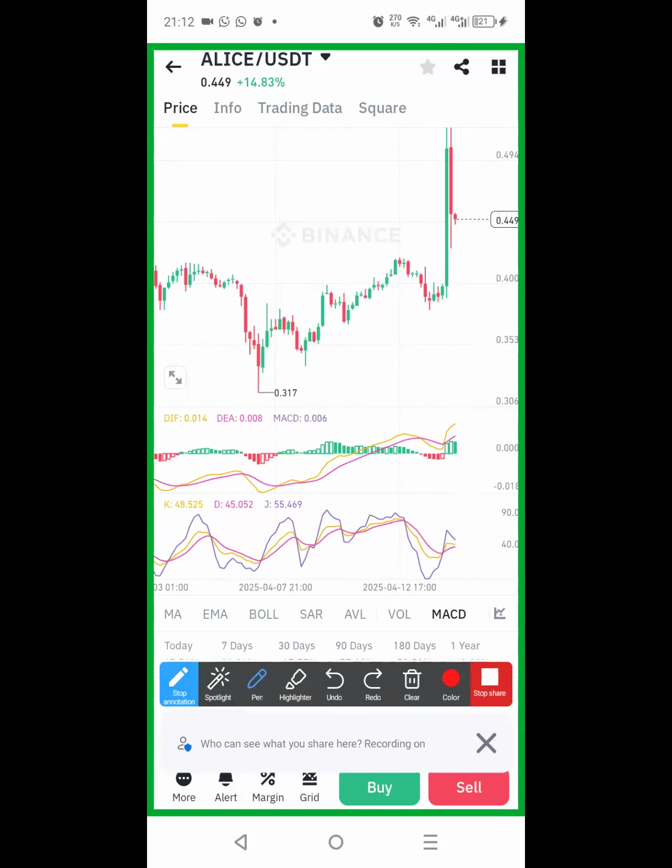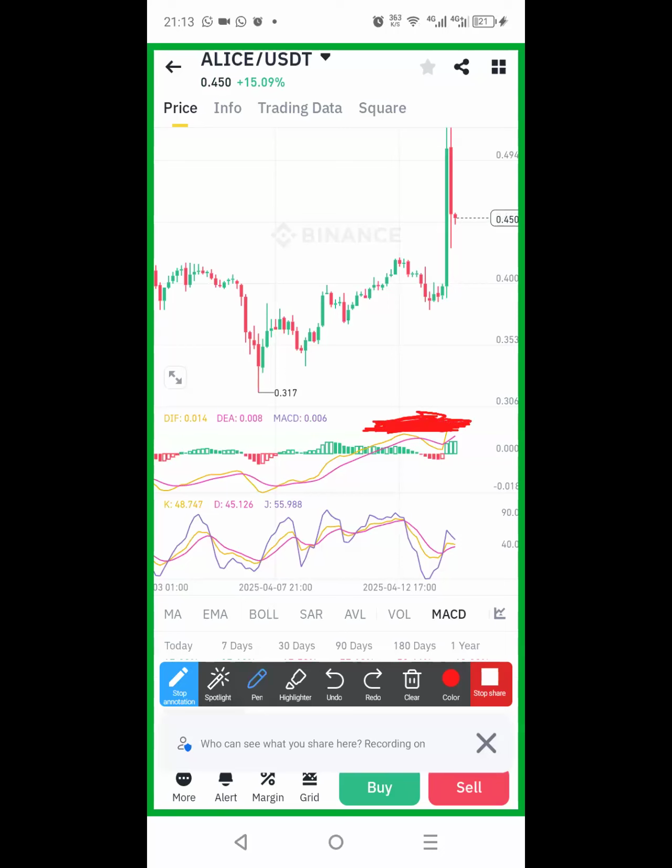Let me redraw the pencil. So let me say this one now. This one is above the layer 0 already. It's above the bridge. So this kind of trade, if you see this kind of trade, just don't enter. Don't enter, because if you enter here, you will later be stuck in a trap. You will be stuck.